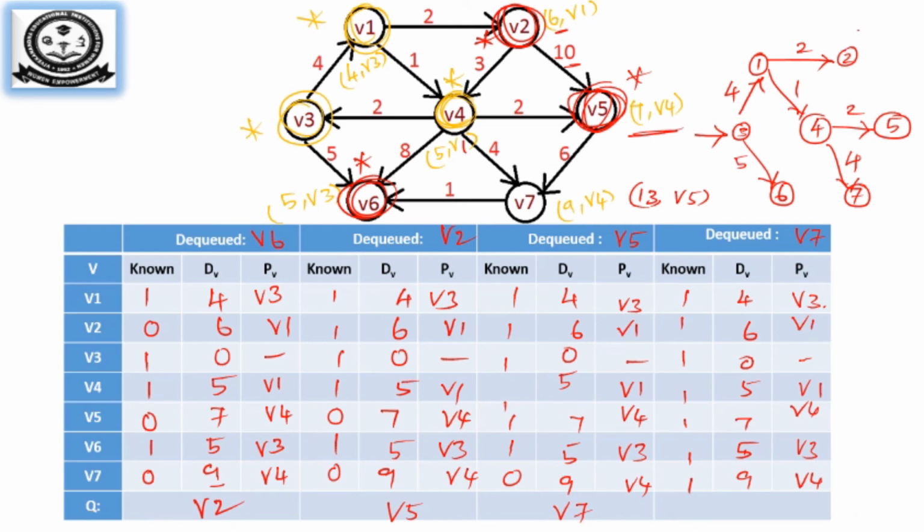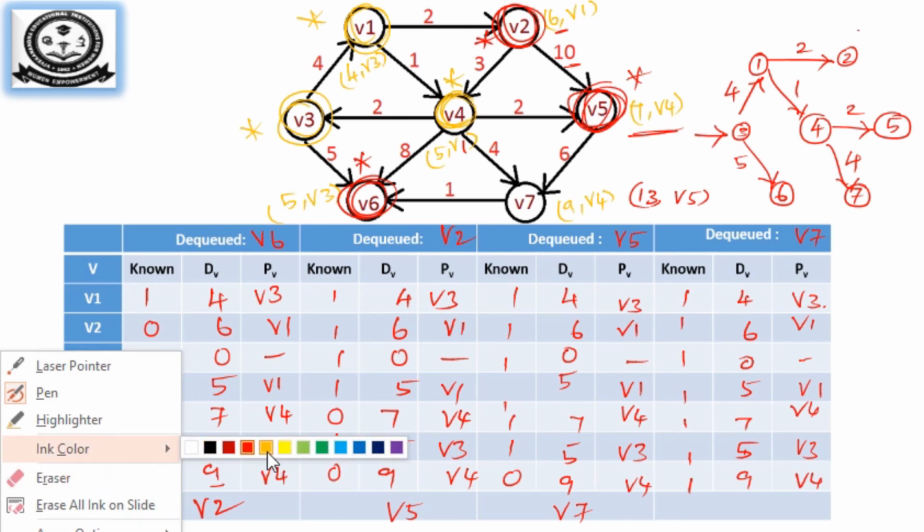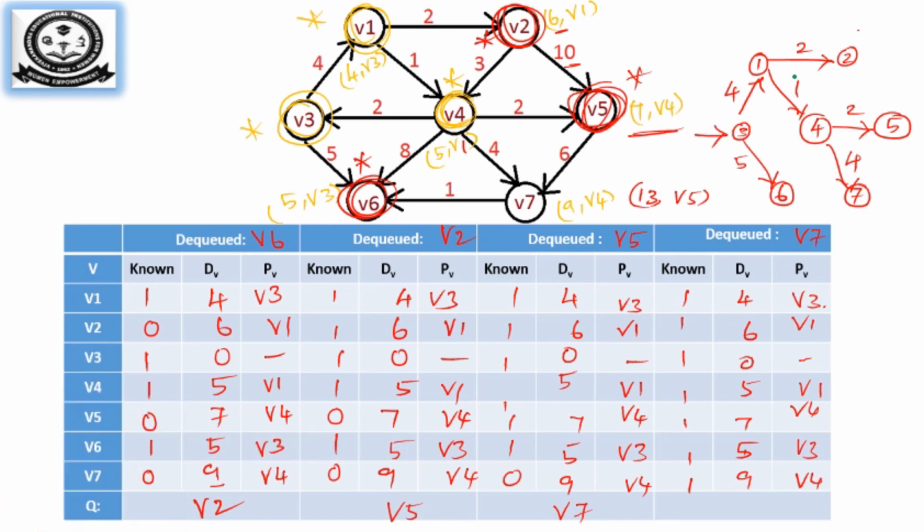Okay, so you can see the distance will be calculated in this fashion. For reaching 4 it is 4, but for reaching from S to 2 it is going to be 4 plus 2. Similarly for 4 it is 5, that is 4 plus 1, and for 5 it is 5 plus 2, and here it is 5 plus 4. Here it is directly 5. So this is the shortest path algorithm for the weighted graph.